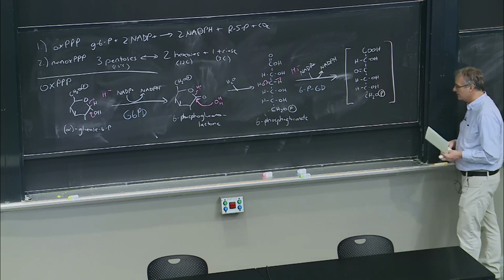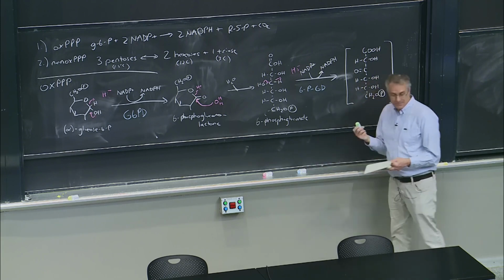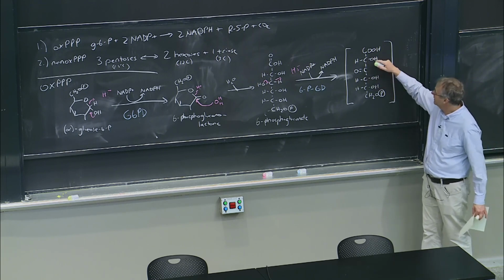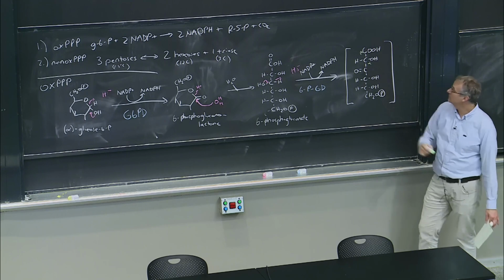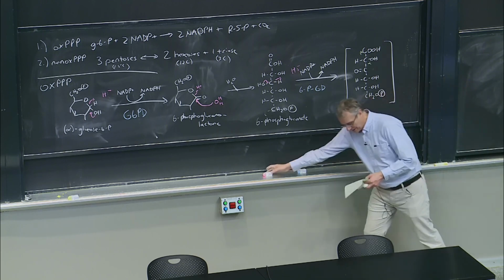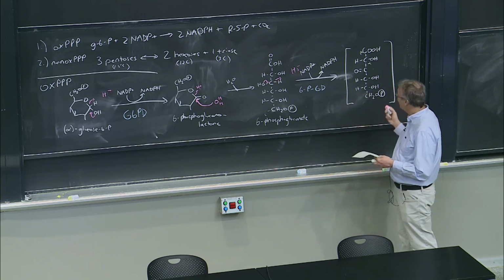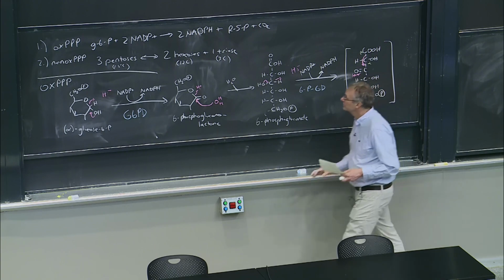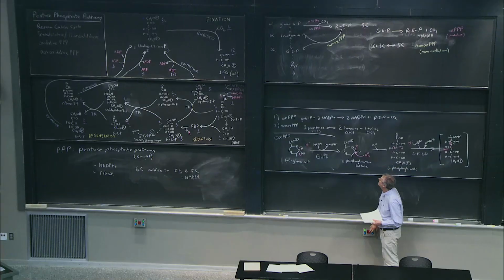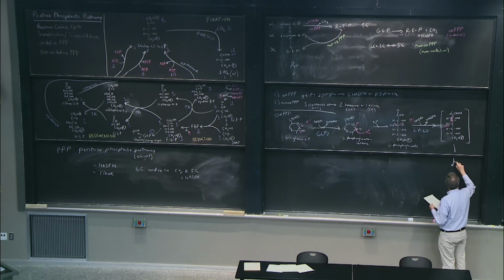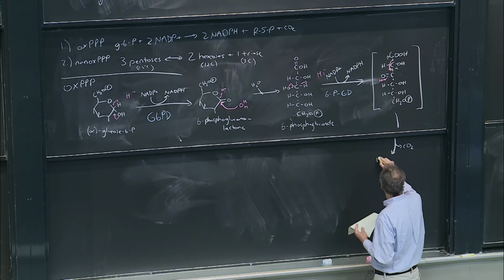If you look at this intermediate, this is a beta keto acid, all right? So here's our acid that is beta to the ketone, so a beta keto acid. Remember, decarboxylation of beta keto acids is favorable. Same trick that we saw before in the TCA cycle and other places. And so remember, that generates